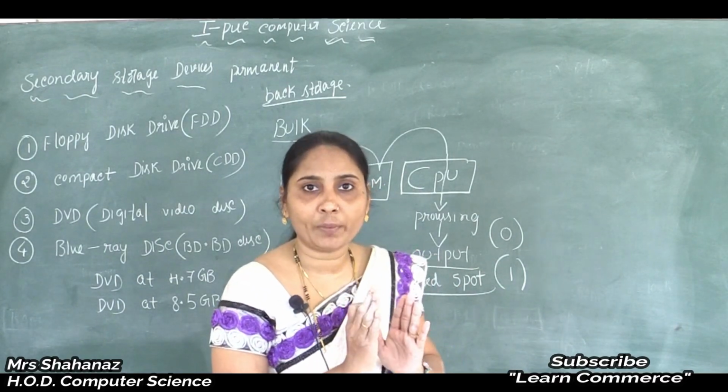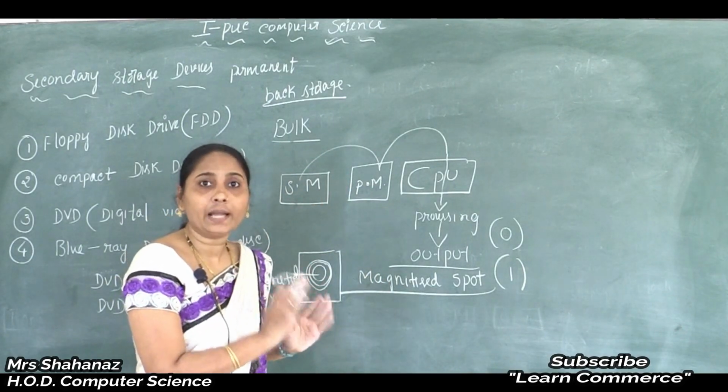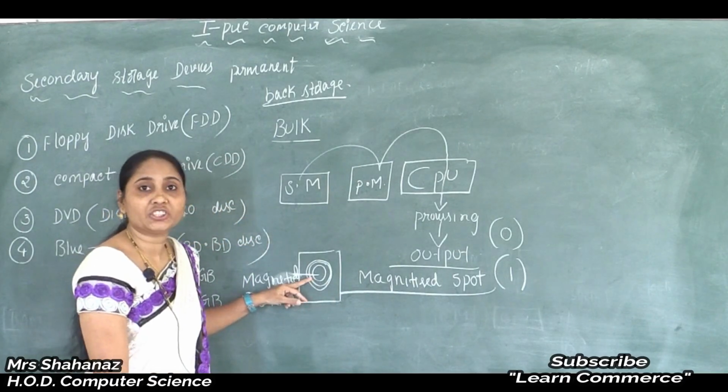What about the floppy disk? Other structure, we can say that this plate is placed inside the square plastic jacket for the